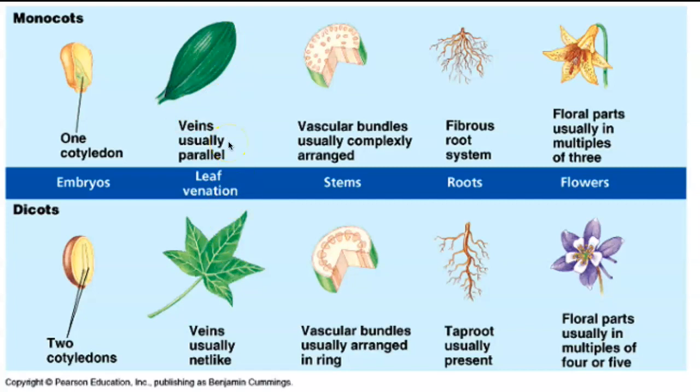Just look at the leaf. And again, here it says veins are usually parallel. Remember, we talked about the different types of venation. All right, here we have, what is this? What type of venation is this? All right, it's all coming from the middle and branching out. And if you said palmate, you would be correct. Here it says net-like. This is palmate.